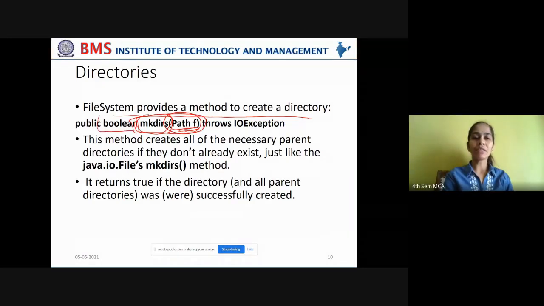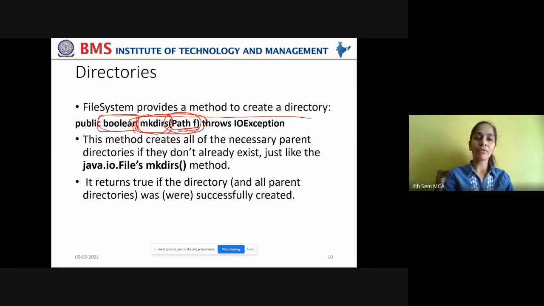And observe this, the return type of mkdirs is Boolean. Why do we have this? If the directory is successfully created, then it returns true, and if it is not able to create the directory, then it returns false.